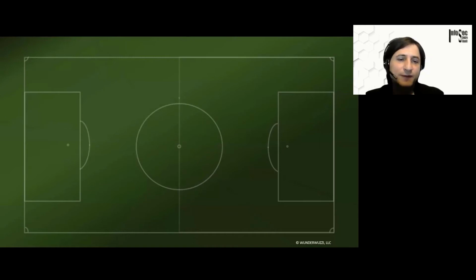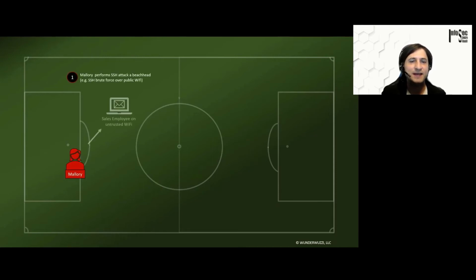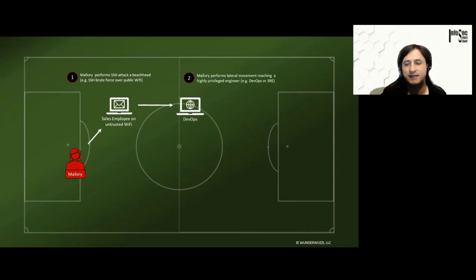So now I want to briefly walk through one of these attack graphs and what might happen. And I chose the scenario we talked about earlier with the public Wi-Fi endpoint. So the red team goes ahead and compromises an employee who works on a public Wi-Fi. And the way this might actually happen, and you will be surprised, I've seen this happen quite often, is that laptops have SSH open. Somebody in the organization enables it, probably for remote management. And then if you're on a public Wi-Fi, right, anybody can just connect to that endpoint and try to brute force or perform password spraying to gain access. And after that, they perform lateral movement.